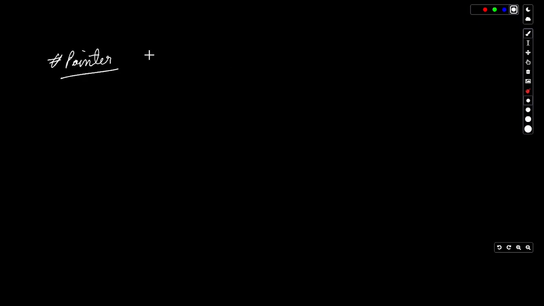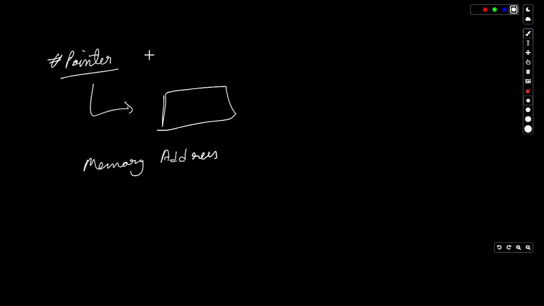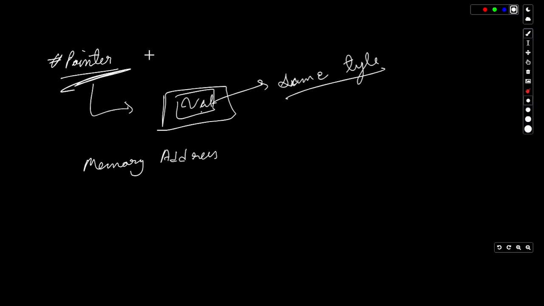Pointers are such things in C++ which store the memory address of a particular value, and the data type of this particular value and the pointer should be the same.